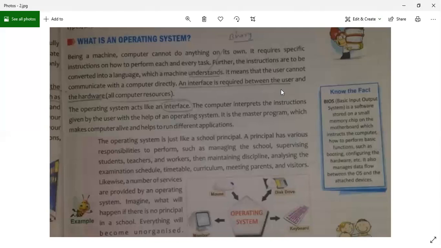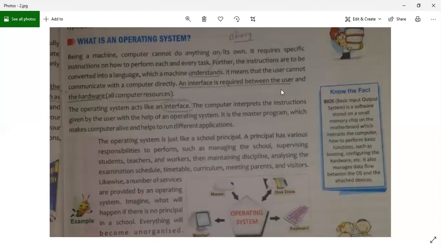The operating system is just like a school principal. As I've said, I've given you an example of a school teacher; you can also understand it in the same way as a school principal. The school principal has a lot of work. The principal is controlling the students, the teachers, the parents, the work, the exam, everything is controlled by the principal of the school. In the same manner, we also have the operating system that controls everything. It keeps everything organized. It creates your timetable, it creates your exam schedule, it checks your results. Everything is controlled by just one person, which is the principal of the school.